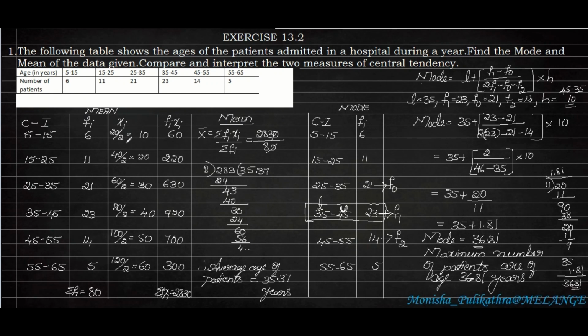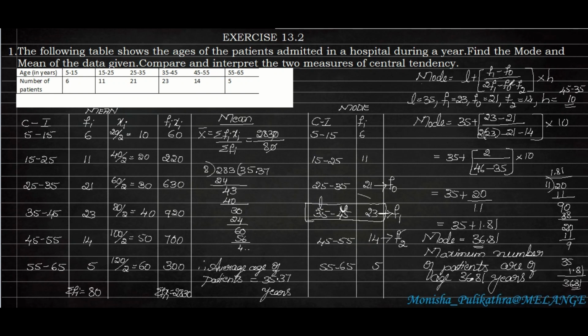Okay. So if they ask you to find out both mean and mode, we have to find both, and it's compulsory. The calculation of mode is a very easy task. You just find the maximum frequency and select that row. Whatever frequency we have selected becomes F1, the preceding becomes F0 and the succeeding becomes F2. Next, this is the lower limit and upper limit.